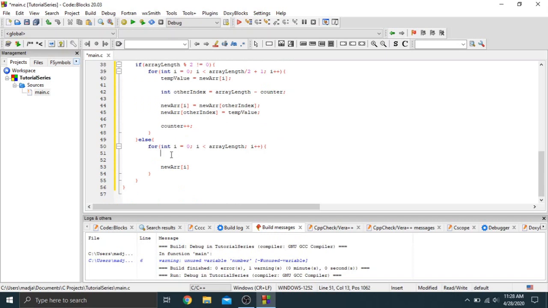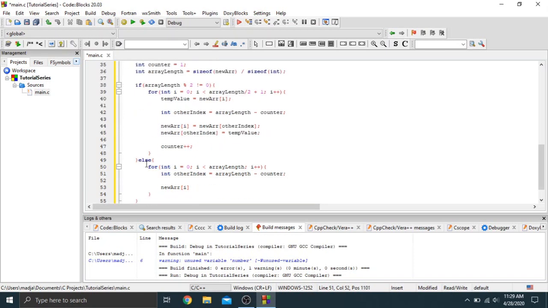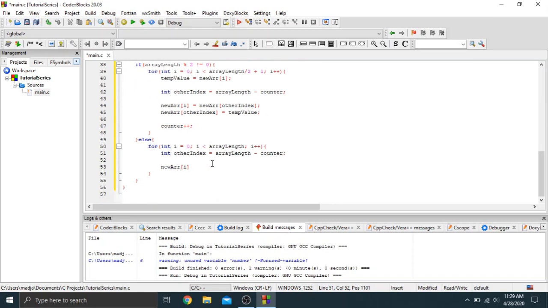And let me see here, int other index is going to be equal to array length minus counter, as this will never get run, so that counter should still be 1 if this clause gets hit. And we want to say is equal to